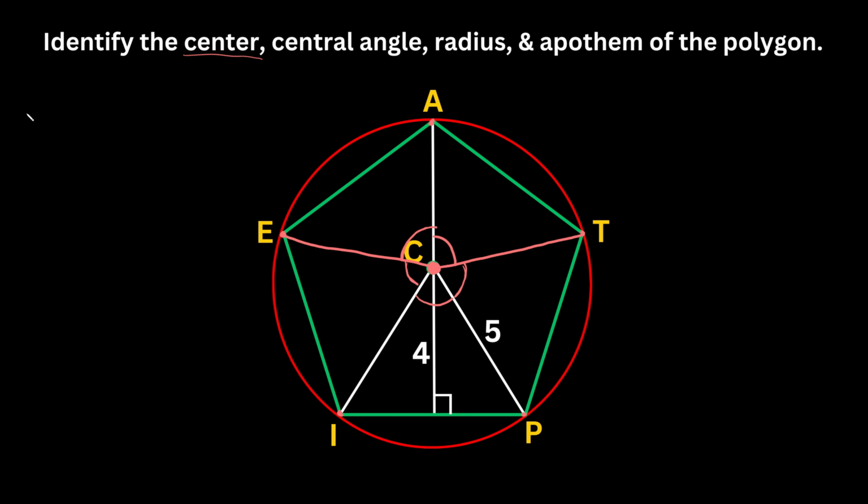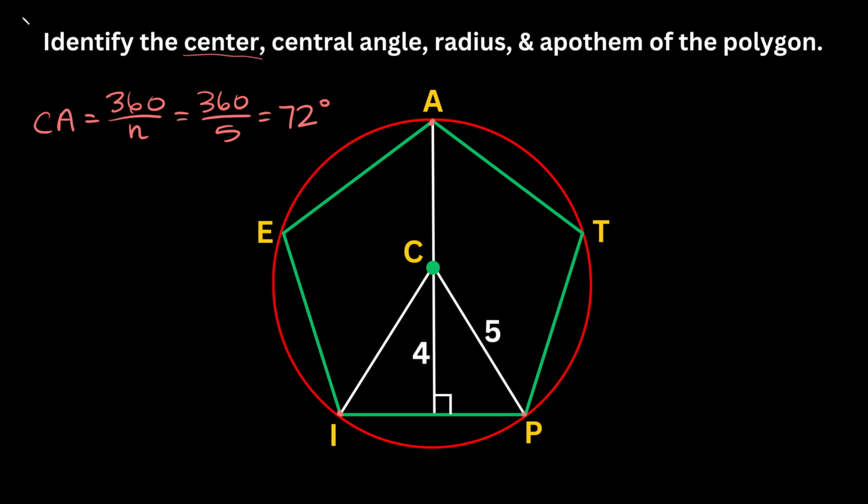And the formula that you use to find a central angle in a regular polygon is that the central angle is equal to 360 divided by n, where n is equal to the number of sides of the polygon. So here the central angles would be 360 divided by 5, which is equal to 72 degrees, right? So each of these central angles is equal to 72 degrees. All right, now let's clean this up a little bit before moving on to the next one, which is identifying